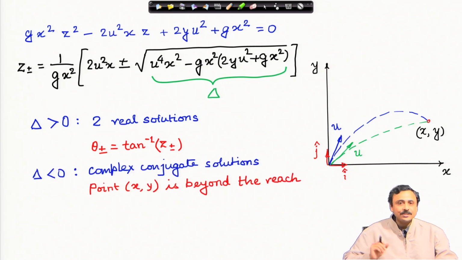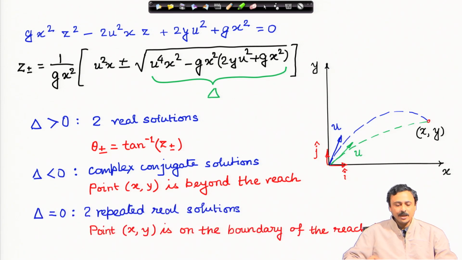But if delta is less than 0, then the quantity under the square root sign is negative, and therefore you have a complex solution. A complex solution means you cannot find a real theta. That means a solution does not exist, which means such a point x, y cannot be reached. The discriminant is a function of u, x, y and g. Therefore, depending on where you want to reach, what your initial launch speed is, and what the acceleration due to gravity is, that will decide the sign of this delta. So, you cannot reach arbitrary points. When delta is less than 0, it is beyond the reach of the